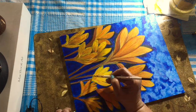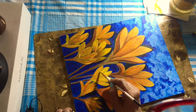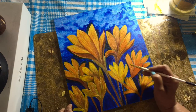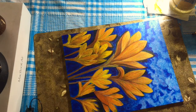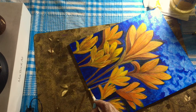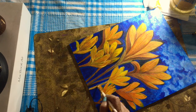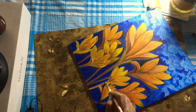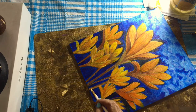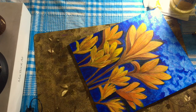Picking up the yellow deep. Little burnt sienna. Burnt sienna and yellow deep. Getting the burnt sienna, mixing it with a little bit of white and the yellow, which is already on my brush. Burnt sienna, burnt umber, burnt sienna, picking up more burnt sienna,